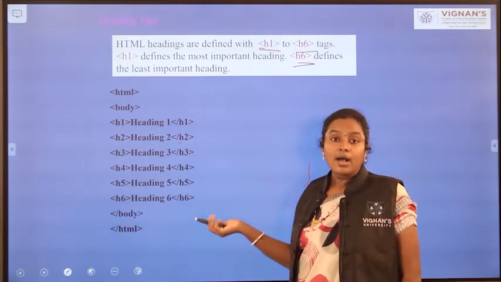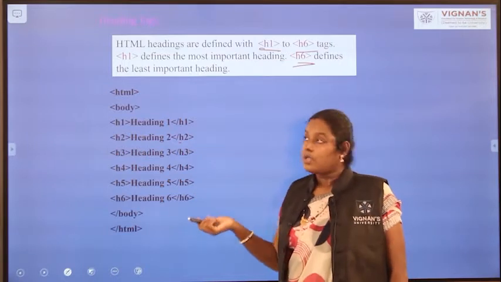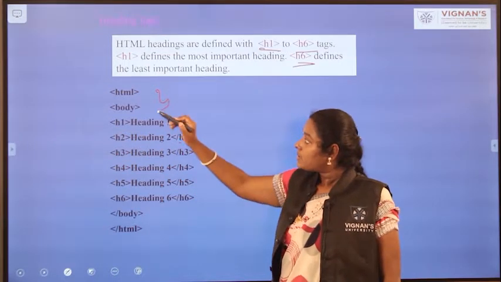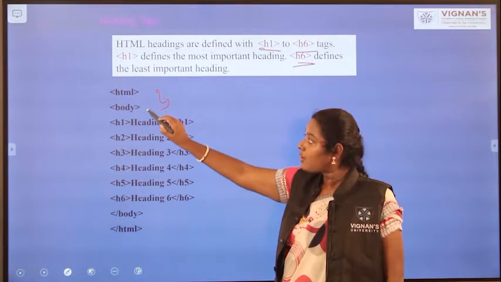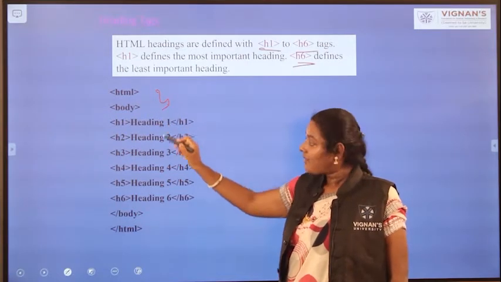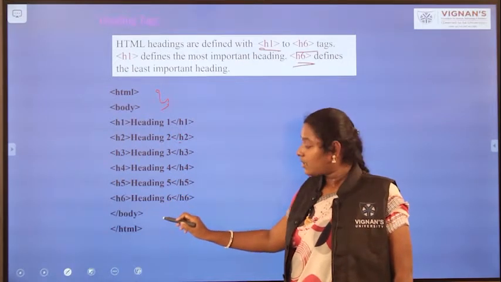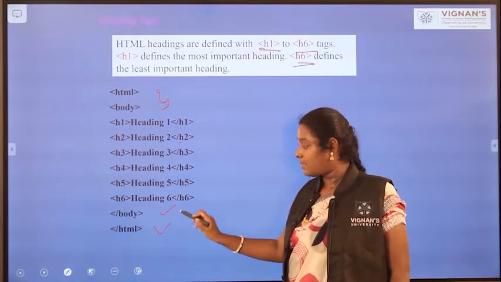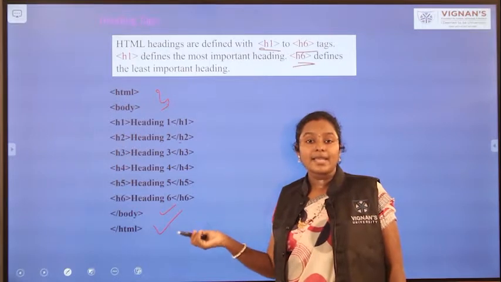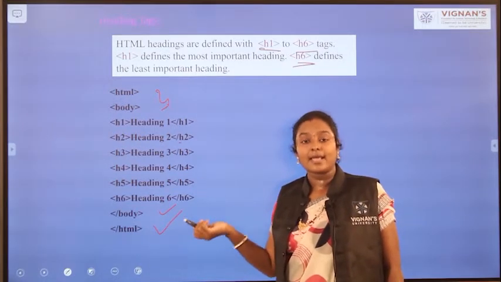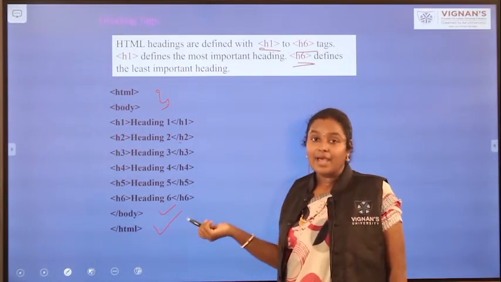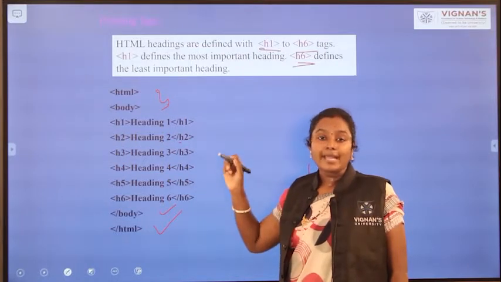So how to write this program? As I already told you, followed by the root tag, inside that you write the body tag, and after that whatever content you want to display on the web page you can write, and after that close the body tag and close the HTML. You have to write this file in any editor, like Notepad. Then you can save your file as a file name .html.